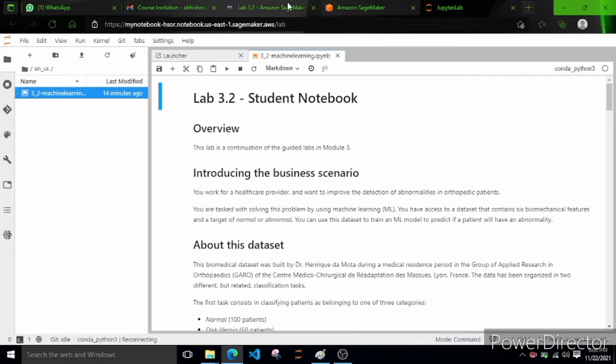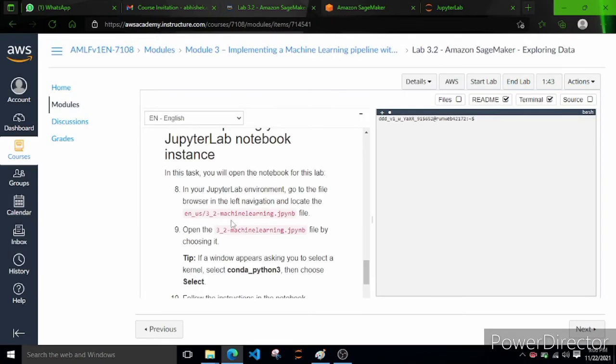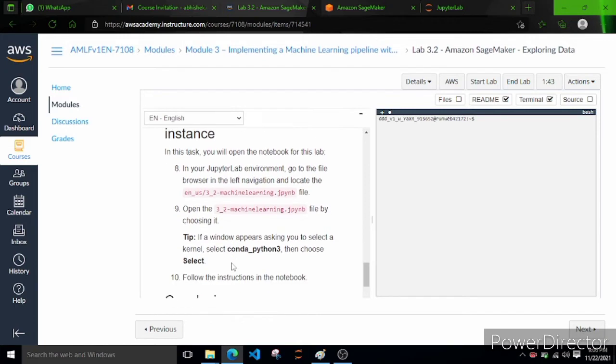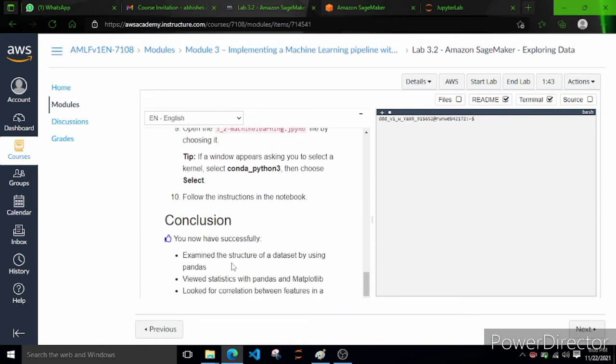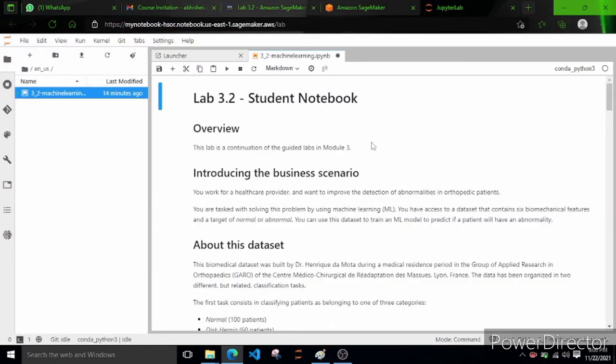This is conda_python3, and it was written here that if the window appears, but it didn't appear. Okay, the 10th point is to follow the instructions in the notebook. Cool. So everything we have to do is now here. Let's start reading and see what this is.